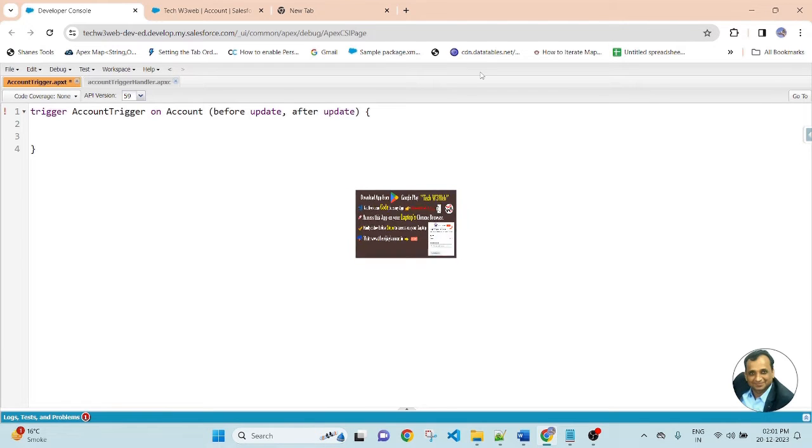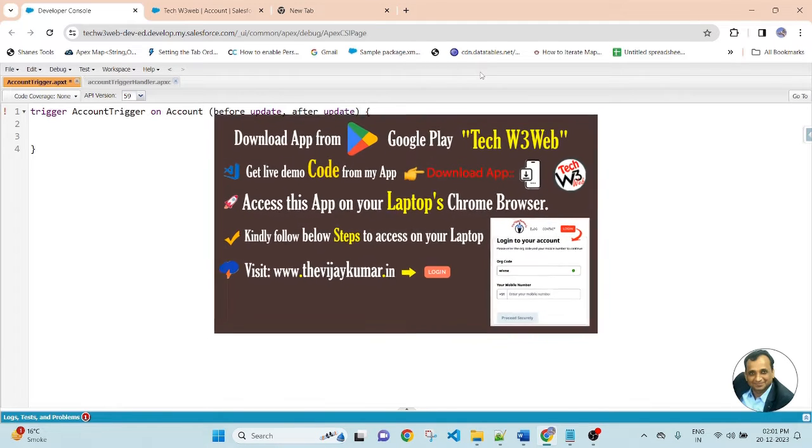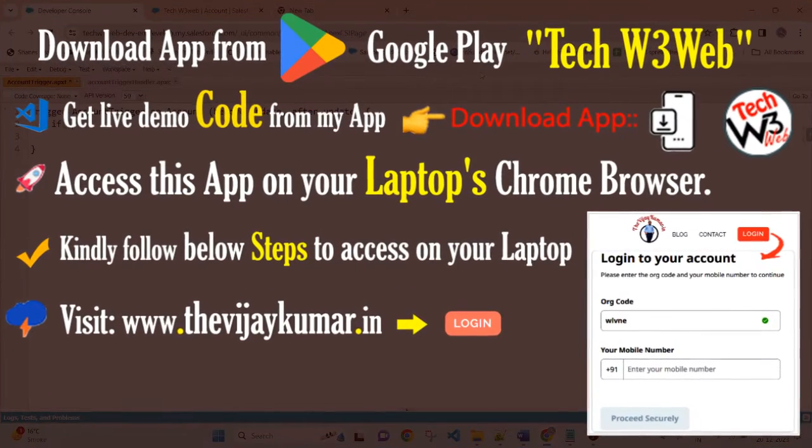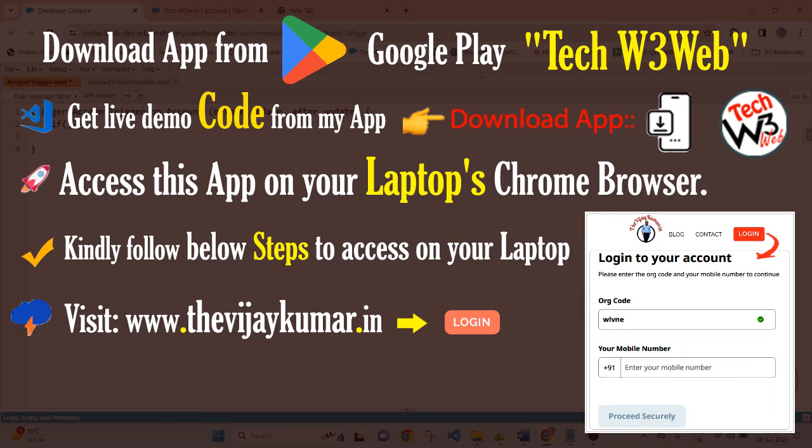Now here I will be use if condition if trigger is before, else if trigger is after. If trigger is before, else if trigger is after.